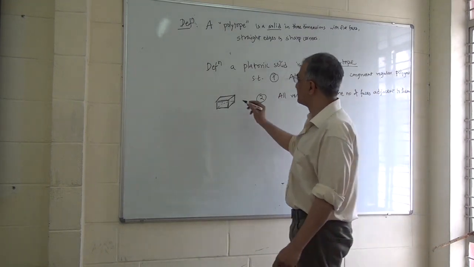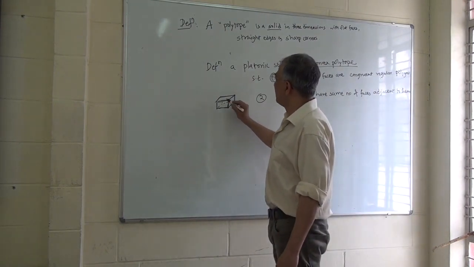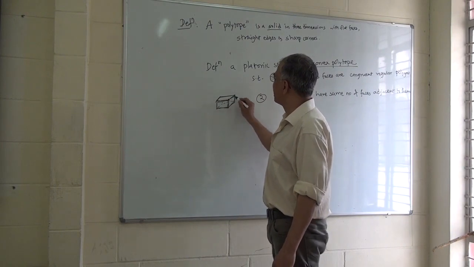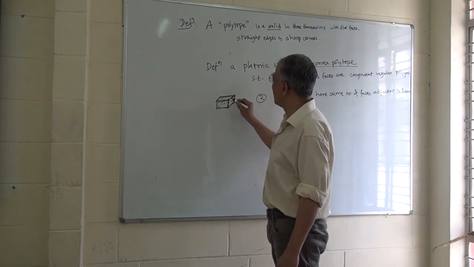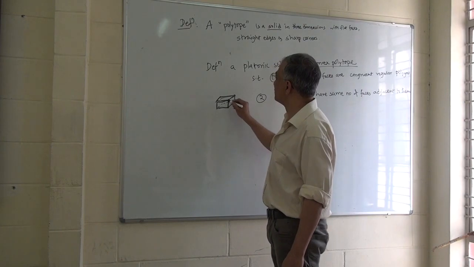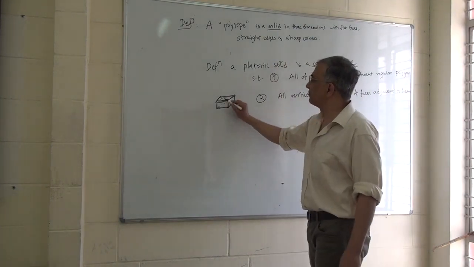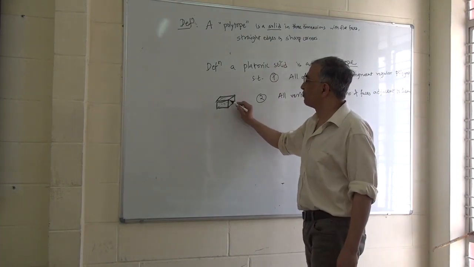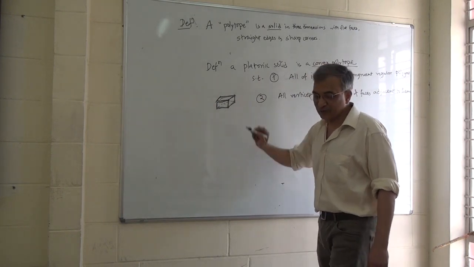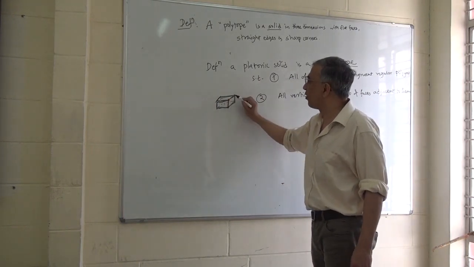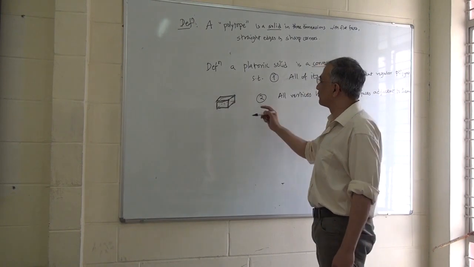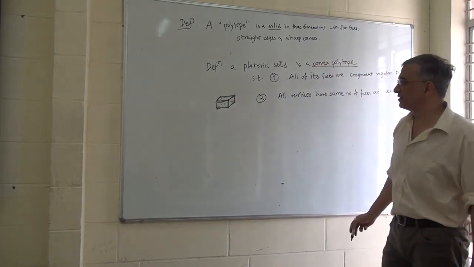So let us look at here. If we look at vertex here, then this guy, top fellow, and then this guy and this guy, these 3 guys are adjacent to this. These other 3 faces are completely disjoint from this. So, and you can see the same for all one of them. So therefore this is a Platonic solid.